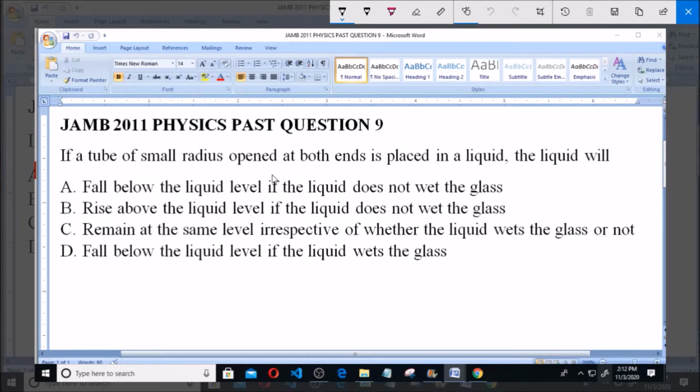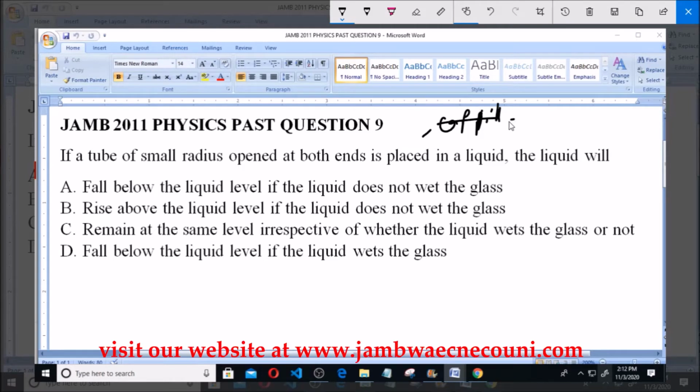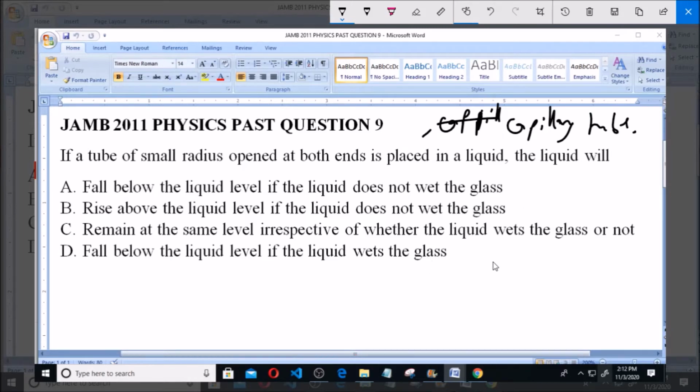So when you open a tube at both ends, what you are trying to study or what you are trying to form is a capillary tube. And you are trying to study capillary action or capillarity. Okay, now the rule of this is that